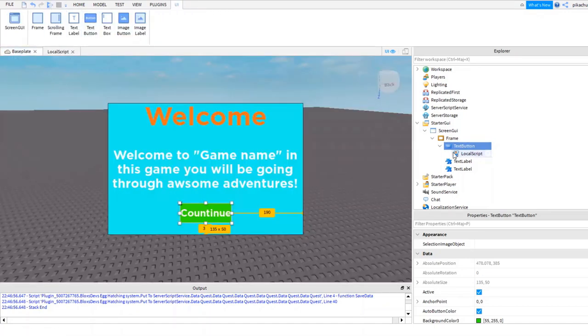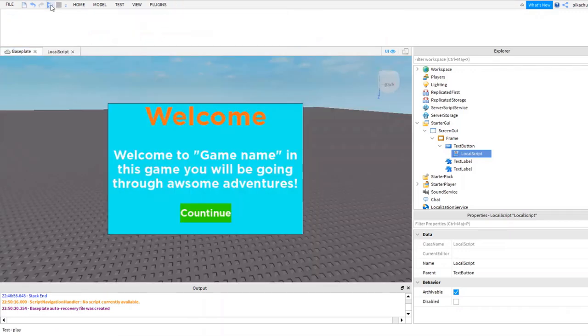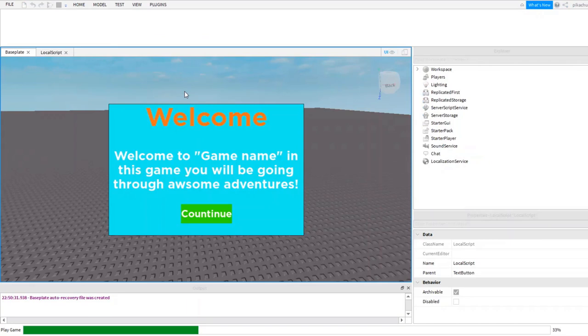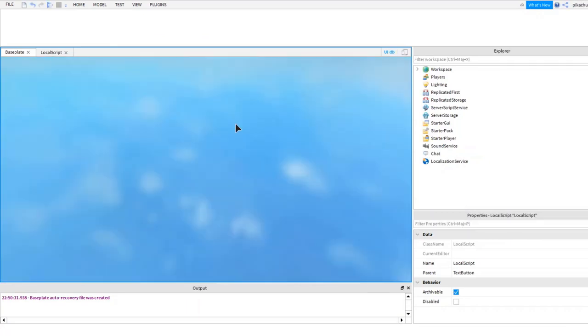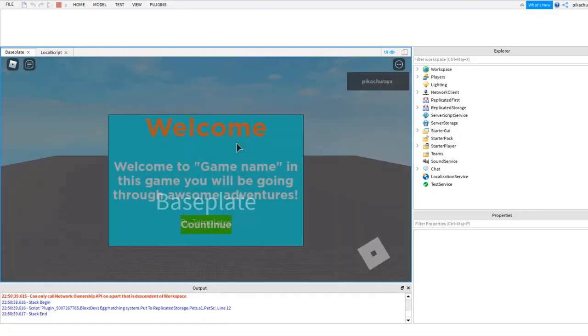If we play, I don't think it's going to work, and we're actually going to make script.parent.parent here. If you go over and play, it will not work, as you can see, because we set function clicked, we didn't just say clicked, which we should have.